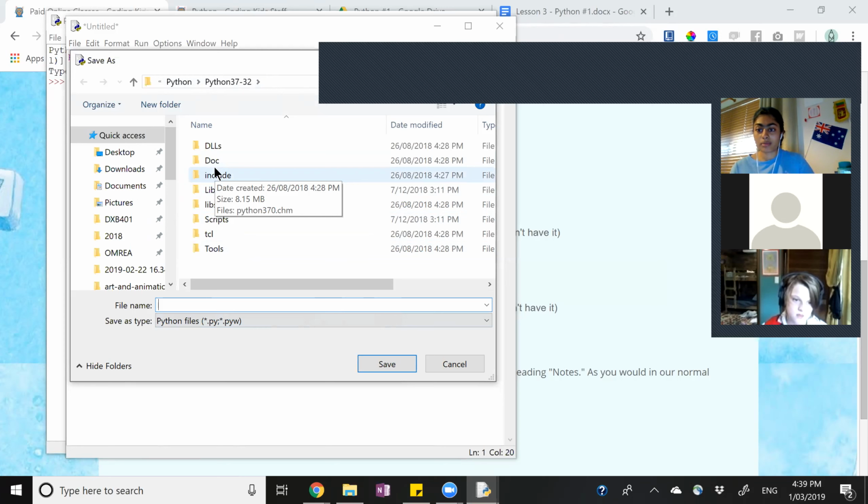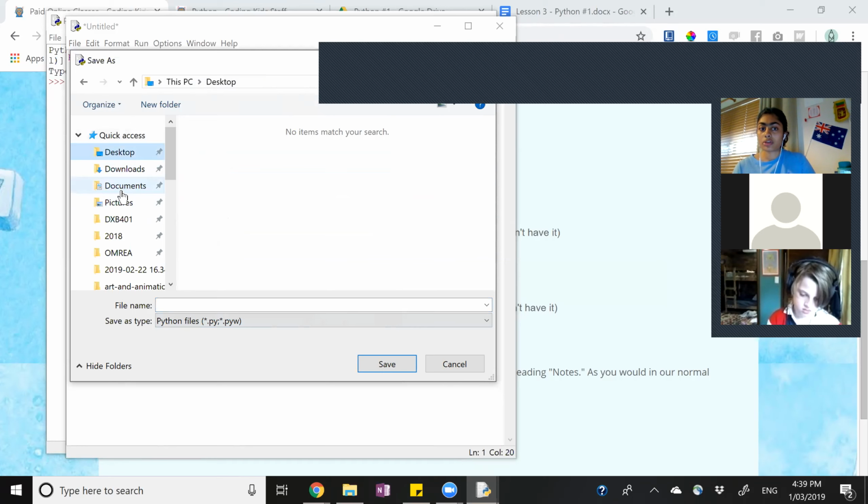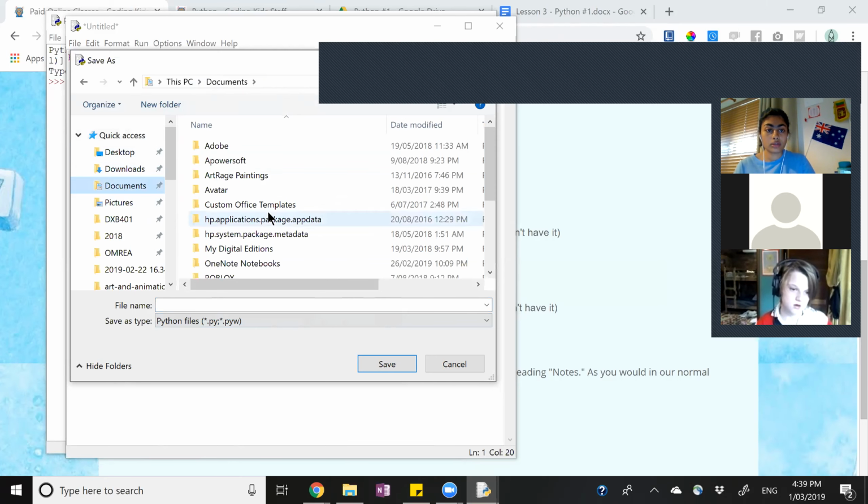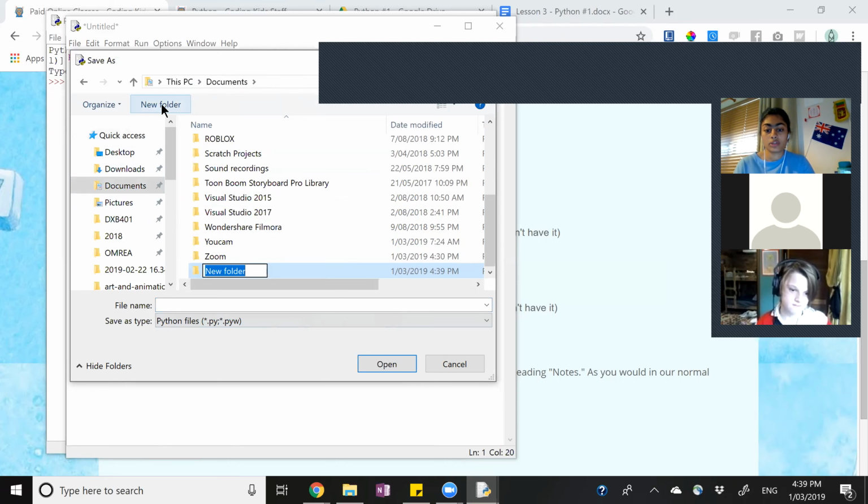So if you save it there, it might get a bit confused. So try save it somewhere on your computer, like desktop or documents or something, and create a folder if you want. So I might put it in documents and just go new folder,